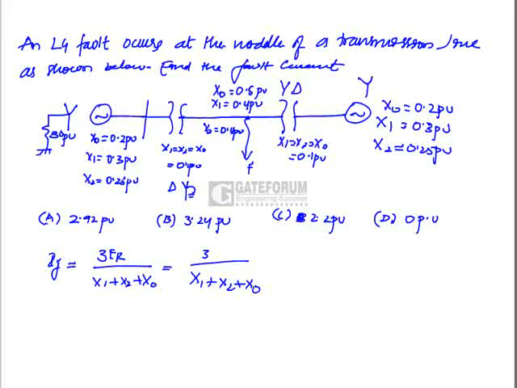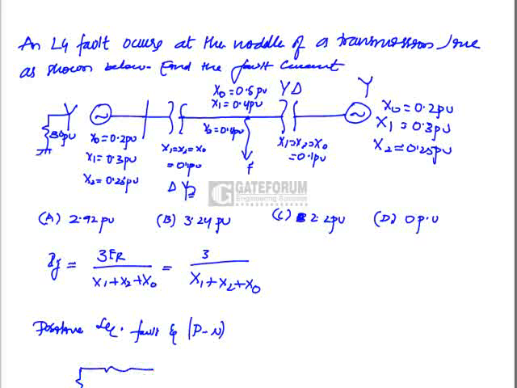x2 plus x0. So what is this x1, x2, x0? x1 is positive sequence fault equivalent, and x2 is negative sequence fault equivalent, x0 is zero sequence fault equivalent. Now what is positive sequence fault equivalent? We have to find that one. Okay, positive sequence fault equivalent is drawn between phase and neutral. Okay, now when you draw this one, phase and neutral, we will have